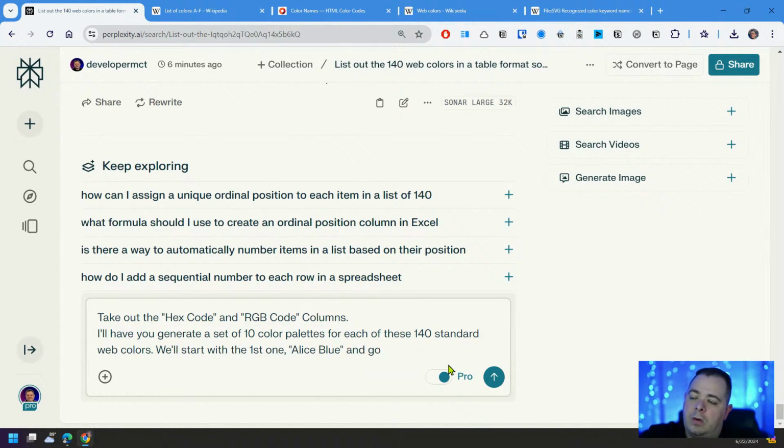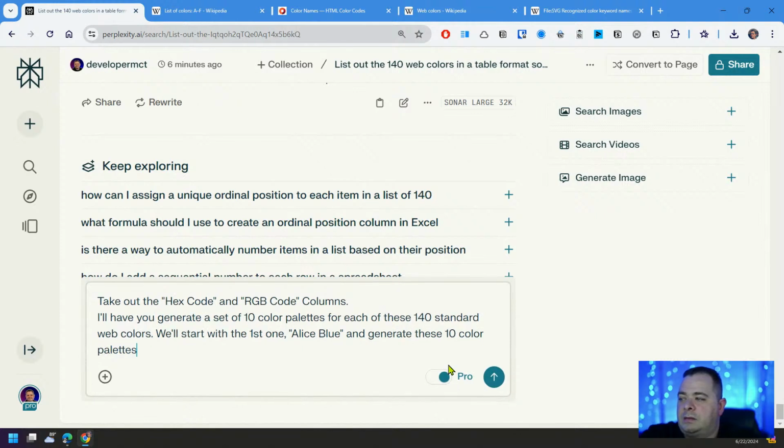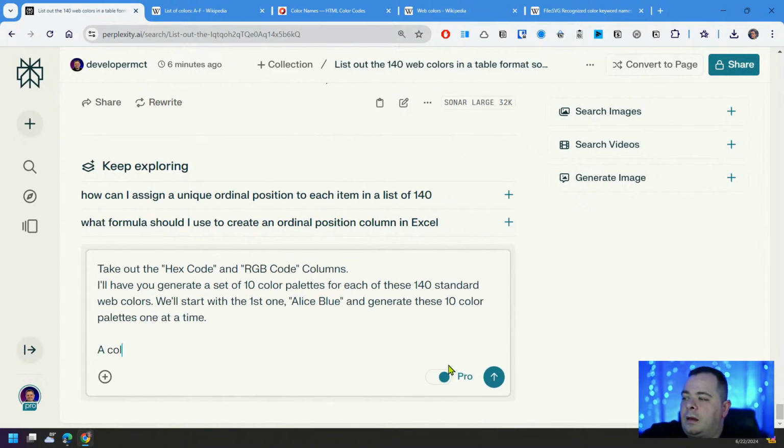And go and generate these 10 color palettes. A color palette should have